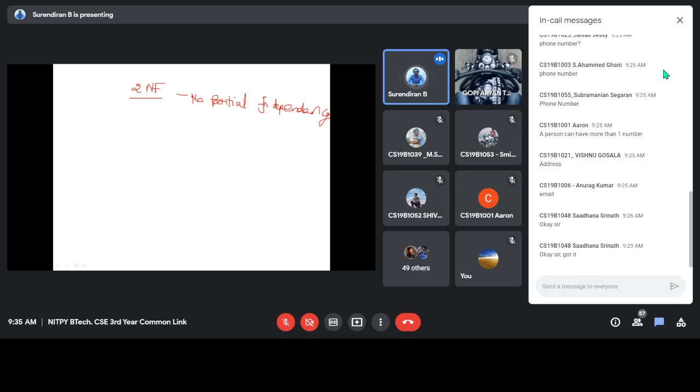Which example can we take? Thinking about a simple example.